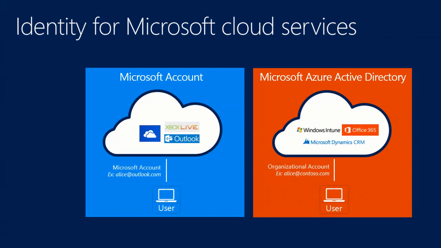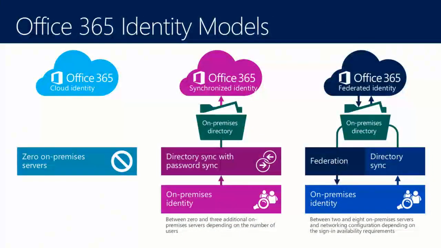Today we're talking about the one on the right, the one in orange. The one in blue also has a multi-factor authentication system, but it's different from what we'll be talking about today. Today is all about the organizational IDs. The other introductory slide that I wanted to talk about is Office 365 and how it has 3 different identity models. And as a subscriber to Office 365, you can choose which or a mixture of these that you use. The first is